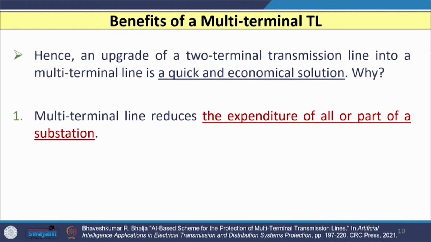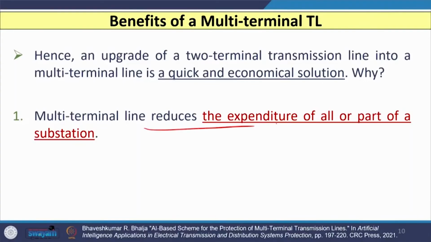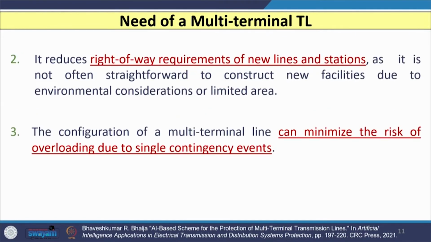Hence, we need to upgrade the transmission line by taking a tap from the conventional two terminal line, so that it becomes a three terminal transmission line, and this is the quick and economic option. Why? The reason is, if I take the tappings from the conventional two terminal transmission line and it becomes a multi terminal or three terminal line, then the expenditure of all or part of the substation can be reduced. The second is, if I have a multi terminal or three terminal line, it reduces the right of way requirements